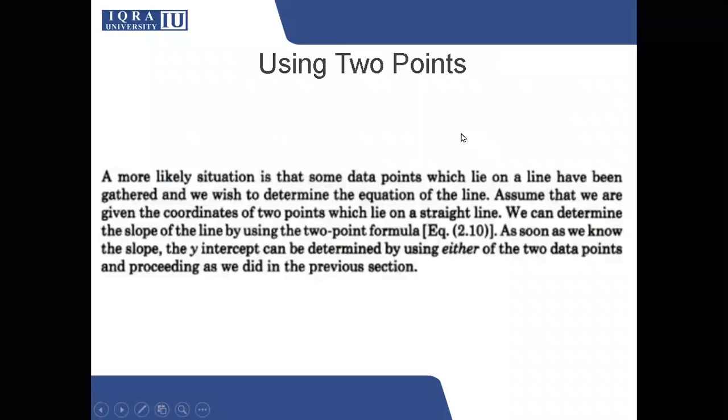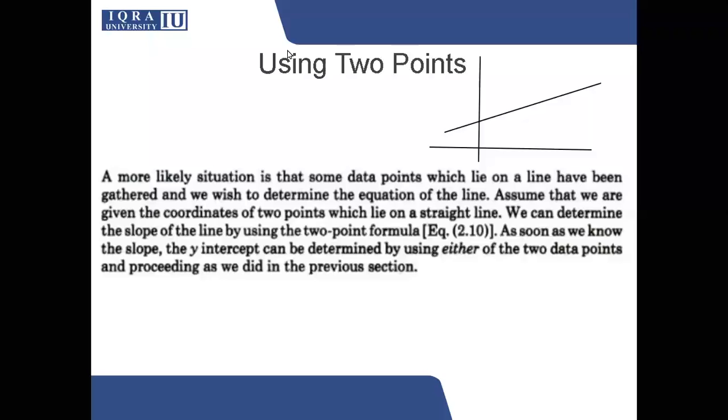The third case is if you have only 2 points. You're not given the slope. I'll try to explain it to you in a visual way. This is a graph, and I'm telling you that this is a line and it goes through this point right here and this point right here. I'll give you the coordinates of these, maybe (2, 3) and (6, 7), something like this. Remember, I haven't given you the slope and I haven't given you the intercept. Now I'm asking you to find the equation of the line. How do you do that?